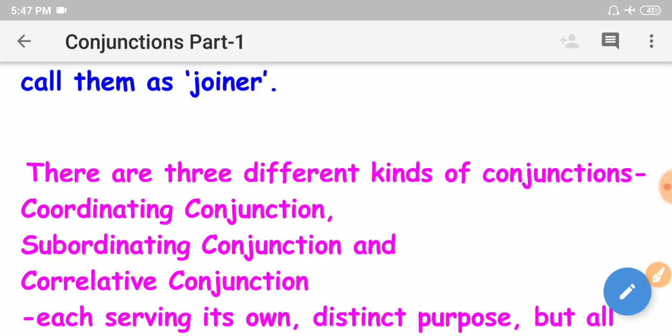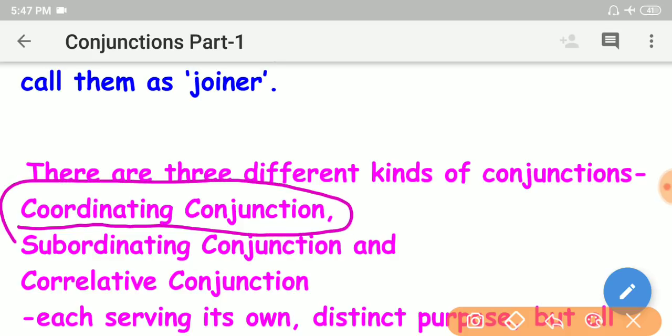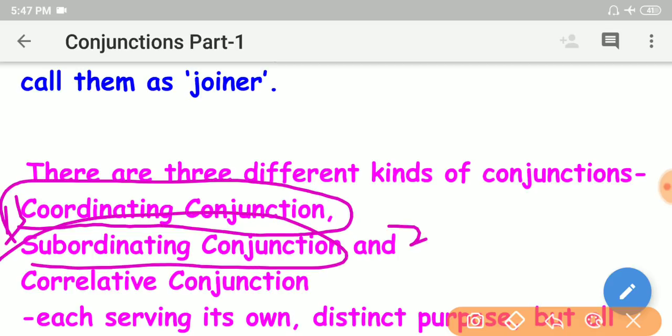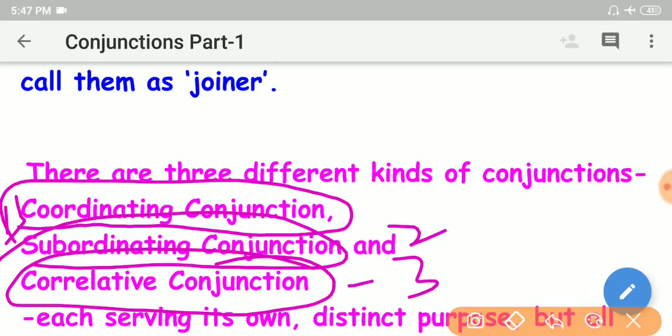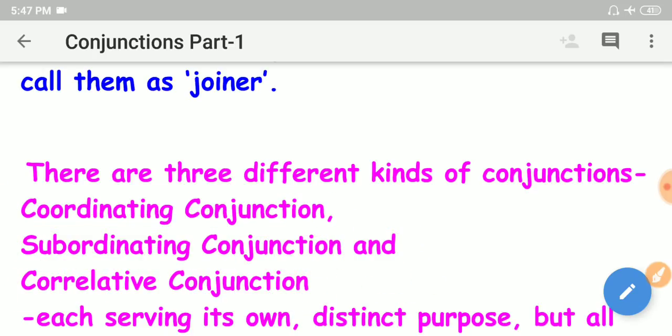First and foremost is coordinating conjunction. The second one is subordinating conjunction, and correlative conjunction is the third one. So these are the three important kinds of